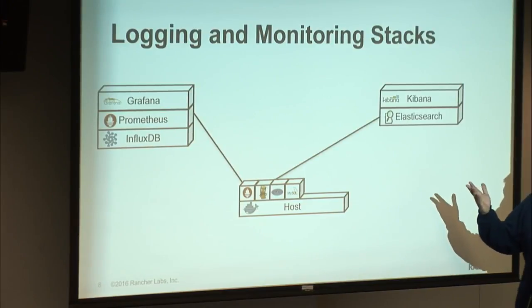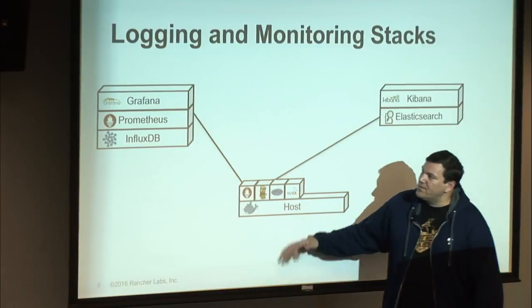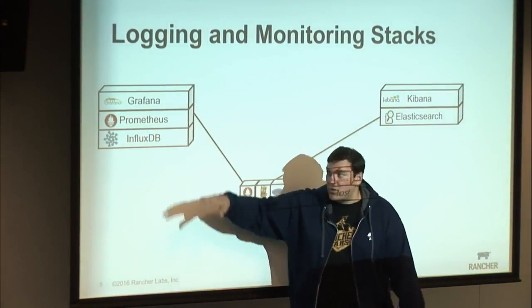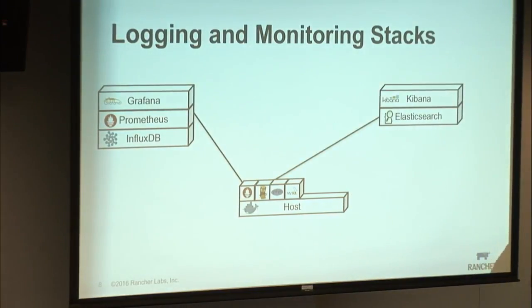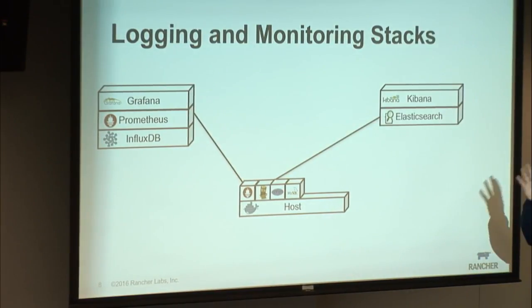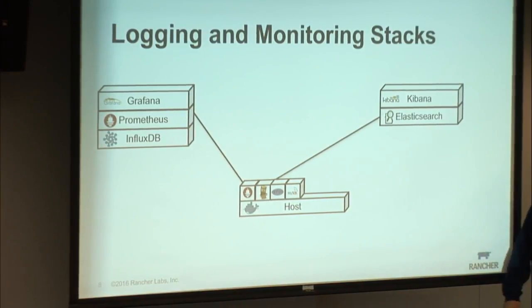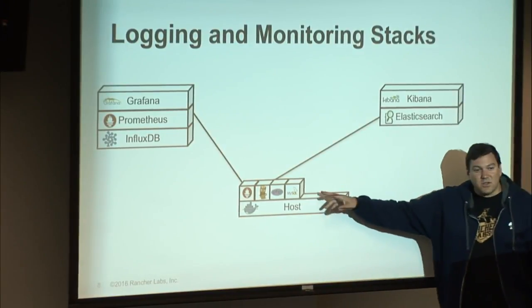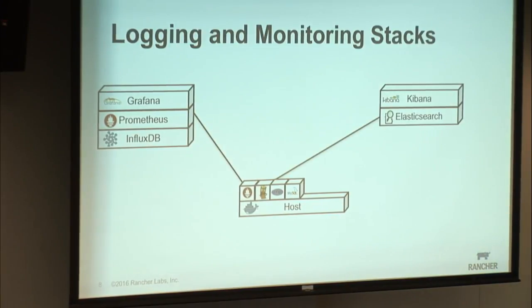And what Prometheus is, it's basically made up of an agent running typically on your host, a management service running somewhere, potentially an InfluxDB to give you historical trends, and a front end like Grafana to let you define what you want to see out of all that data. And so you can build and deploy something like this. Similarly for logging, you can use Logstash, Elasticsearch, Kibana, and spin up an ELK stack to drop agents on your host and start pulling logs that are container specific and be able to look at your container logs. So you can build all this out.